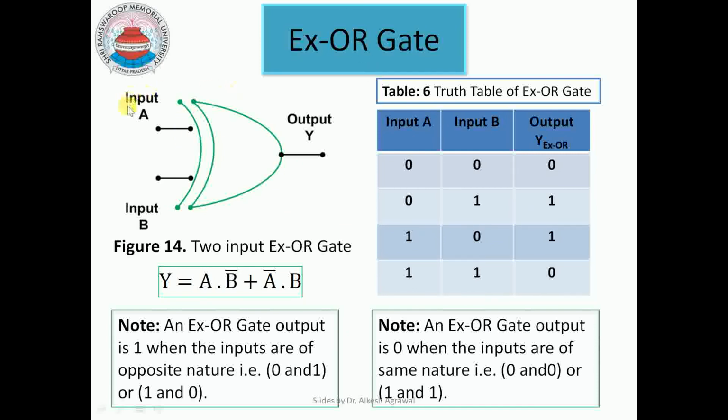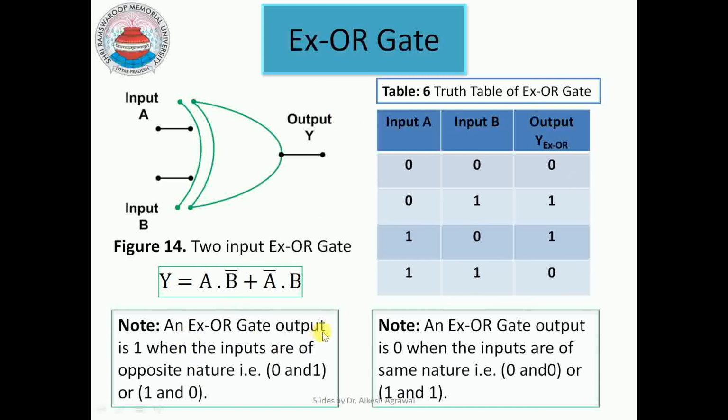Now we have another gate, the XOR gate. So this is the block diagram of an exclusive OR gate. This is the Boolean expression, that is A and B inversion or A inversion and B. So that is A B bar or A bar B. What is unique about this gate is that when inputs are different, we get a high output, and when inputs are the same, we get a low output. So this is the uniqueness of this XOR gate.